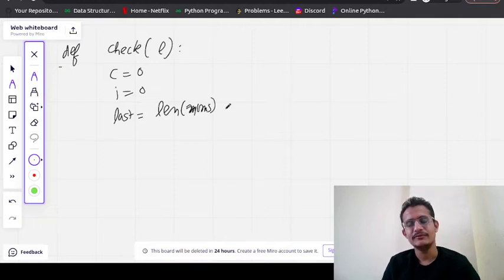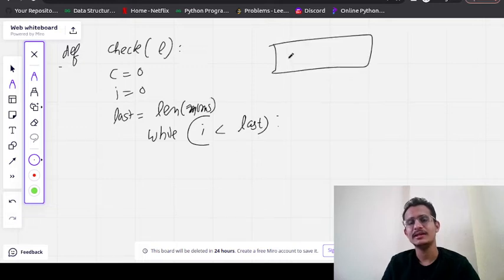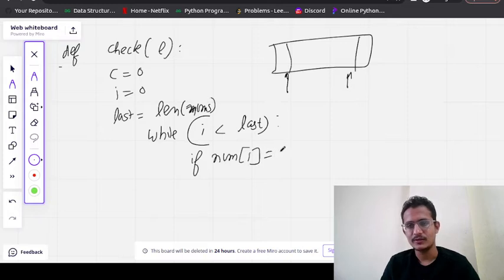We will use a while loop to traverse the list. So while I is less than L, I will be initially at the first position, and L at the last position of the list. First of all we will check if nums of I is equal to 0.